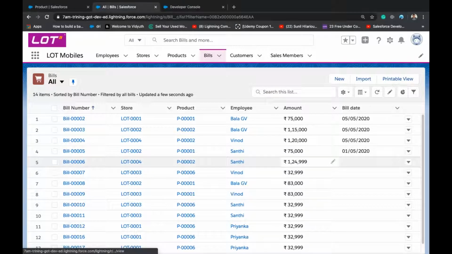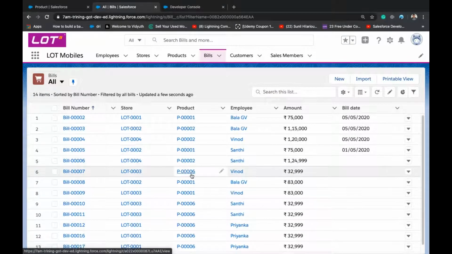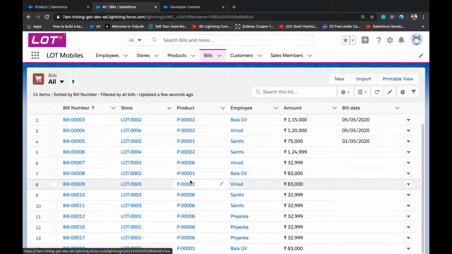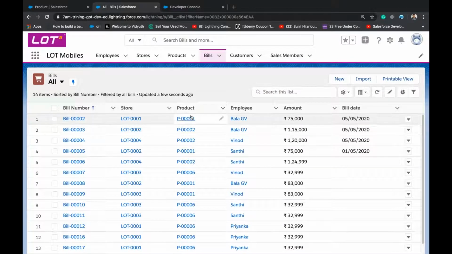Okay, so now I deleted the product, so no one can refer this product 4, right? Oh, this is store, sorry. So product 1, 2, 6 we used. Okay, 4 and 5 we didn't use. So we can write a trigger like if the product is referred in one of the objects, then I should not delete it.